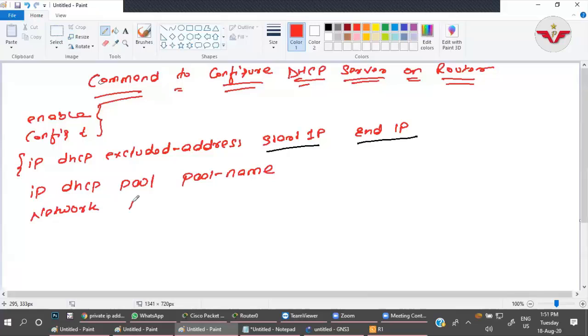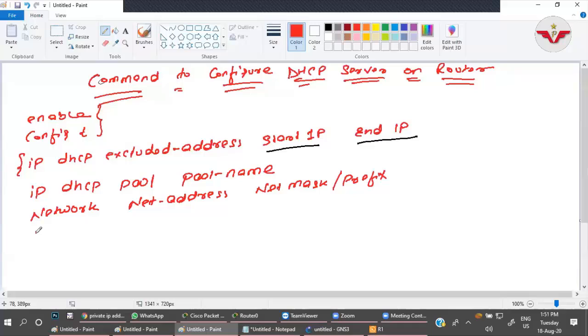Network address and net mask or prefix. You can also give the prefix like /24, /25, /26, whatever. Okay.